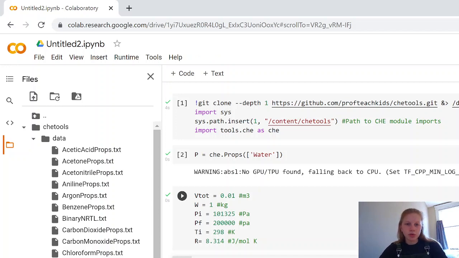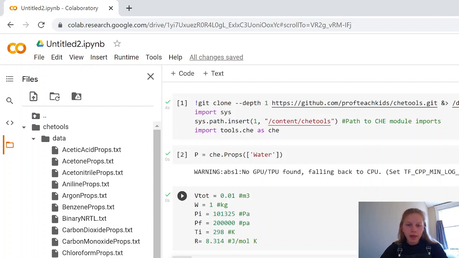So we'll just do N air equals the initial pressure minus the pressure of the water in the vapor phase, which we can get from the Antoine equation, but in this case we're just going to use the properties that we got from this file that we imported. So P dot pressure in the vapor phase, and we want it to occur at the initial temperature. Multiply it by the difference in the volume, so our volume